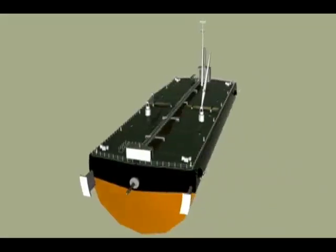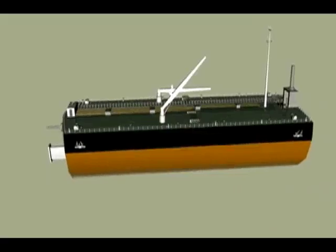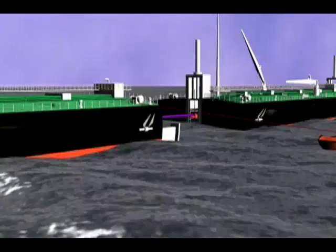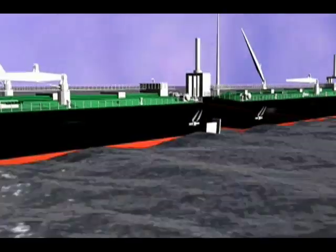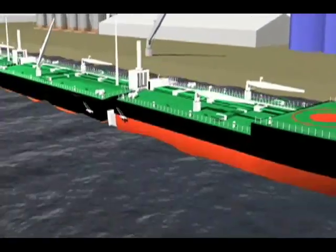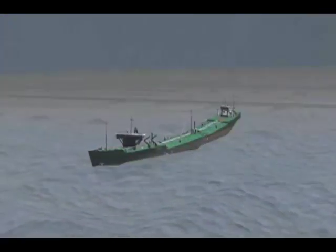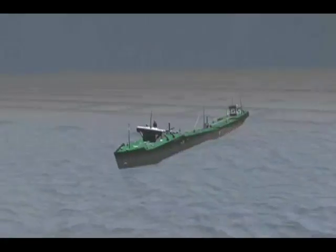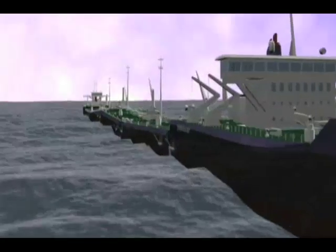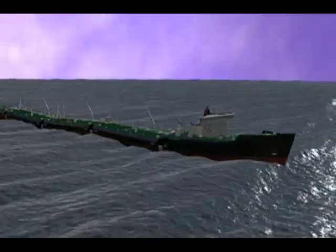The hull's transverse underwater section is circular. This maintains hull continuity as the barges roll relative to each other. The water does not know that the barges are rolling. The barges are coupled to each other by a ball joint, situated at the center of the circle defined by the hull's underwater cross-section. This allows relative rotational motion between adjacent barges in the 3 coordinate planes, pitch, yaw, and roll, but excludes the translational motion of relative heaving and surging. This free rotation of adjacent barges about their connection reduces dramatically wave-induced dynamic torsional and bending stresses in the hull. In effect, the ship behaves as a flexible floating string,